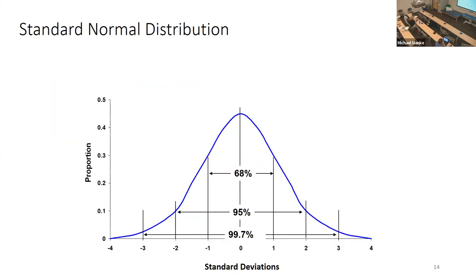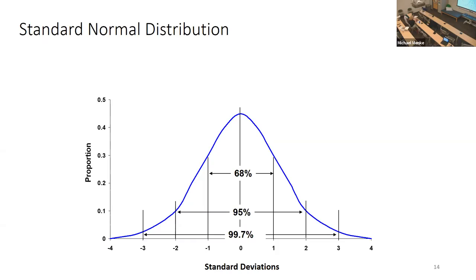So you all are familiar with something like this, right? The standard normal distribution, where we break it out into standard deviation units, where we say that between -1 and +1 standard deviation units, we have 68% of the population in a normal distribution. And we have 95% between -2 and +2 standard deviations. Does this ring a bell from intro stats? Yeah. So this is what we use